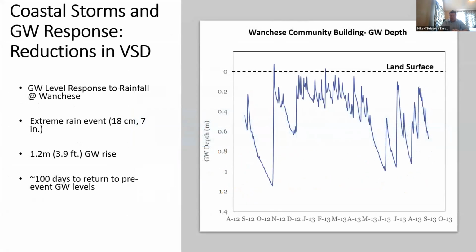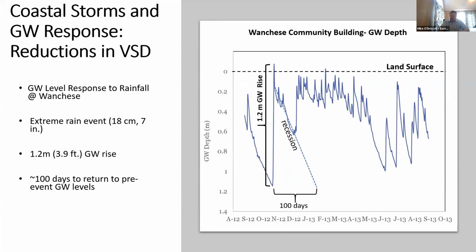So looking at storm response then, that's sort of looking at longer term groundwater level rise, but also one important factor is how the groundwater level changes after some of these large storm events. And so this is an example from the Wanchese site of an 18 centimeter or 7-inch extreme rain event. And what happened during that event in October 2012 is the groundwater level rose about 1.2 meters or almost 4 feet. And so when we look at how long it would take for that groundwater level to get back down to the pre-event levels or to a level where systems could function, it could take something like 100 days